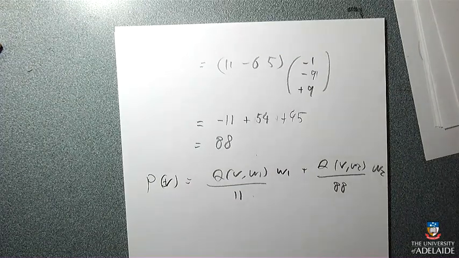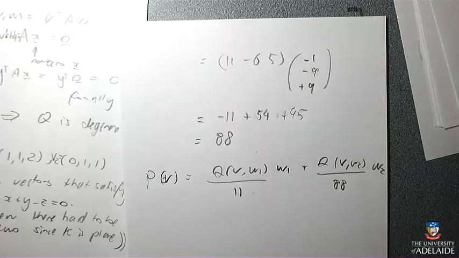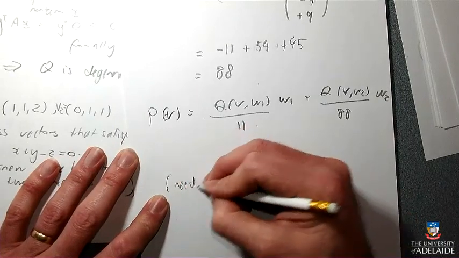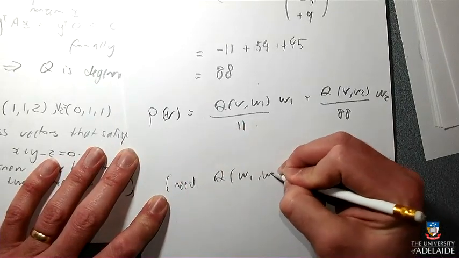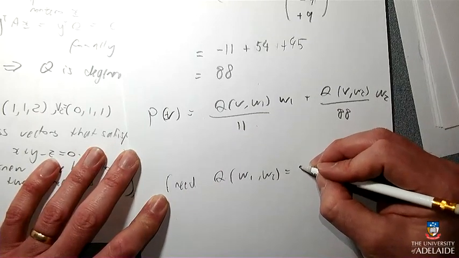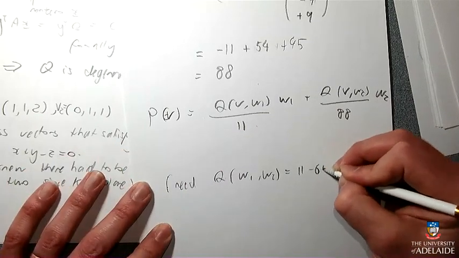I thought I was trying to make it come out to 0, but I was doing W1 with W2 with W2. But what I really needed to check is if W1 and W2 really were orthogonal, just to be sure. I just want to make sure about this. So what was my vector? 11, minus 6, 5.